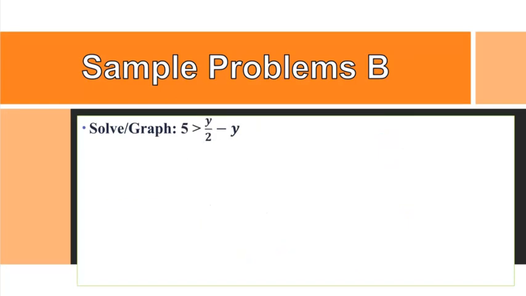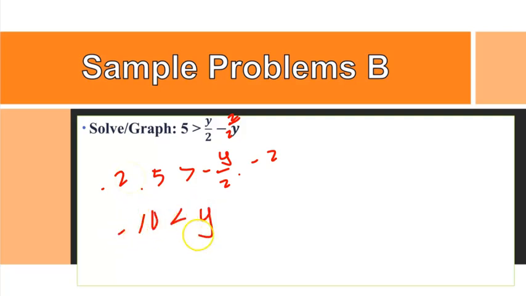And our last one. 5 is greater than y divided by 2 minus 1. So again, this is 2 over 2y because 2 divided by 2 is 1. So 1 minus 2 is -2. So it's going to be y over -2, and 5 is greater than that. So if I multiply this by -2, this side by -2, I now have -10 is less than y. Or think of it as y is greater than